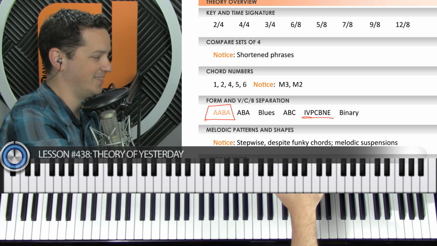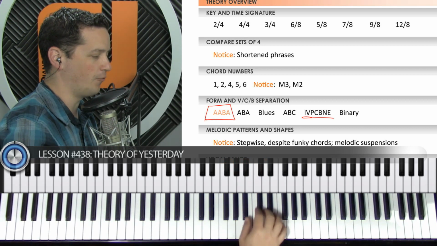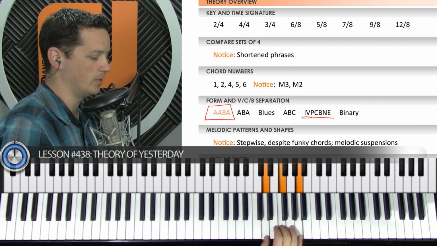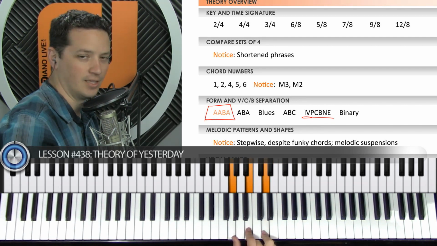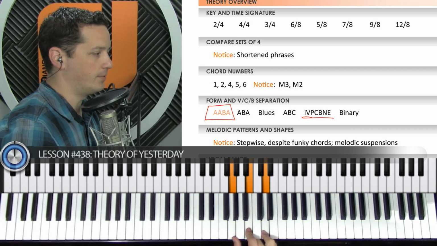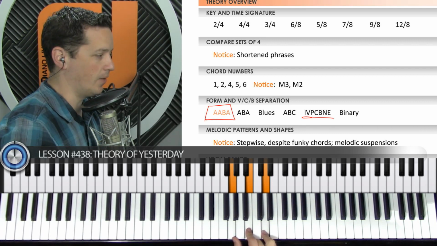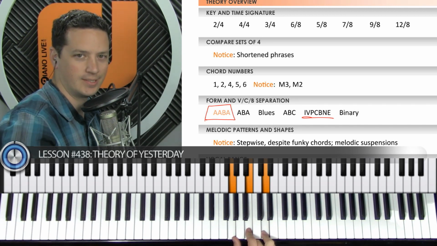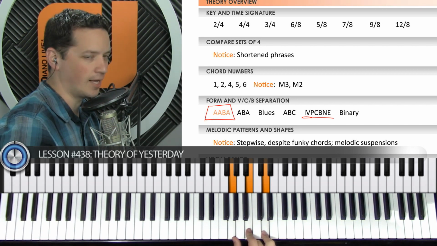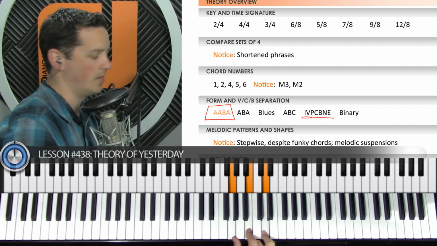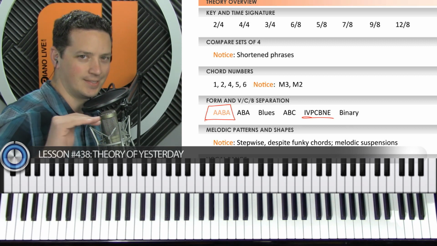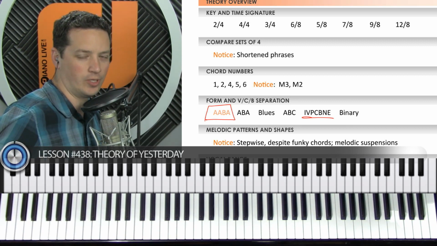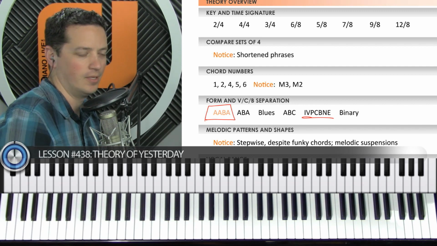So this one has a 1 chord in it, a 2 chord, a 4 chord, a 5 chord, a 6 chord, a major 3, and a major 2, and some suspensions in there. That's a lot of different chords. So if you're writing a song right now, I'm trying to say, don't do this. This is a terrible, terrible idea. If you're like, oh, "Yesterday," that's beautiful, and it has a lot of chords, there must be some correlation there. There is not. So just keep your songwriting simple, at least for the first 20 or 30 songs that you write, and then maybe add in a couple of these little variations.